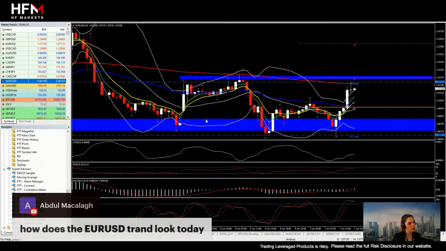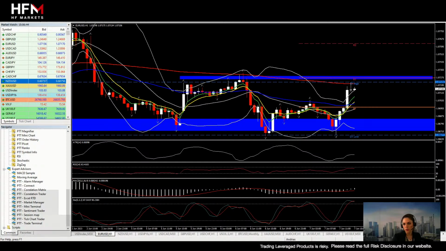Intraday also in a range, bouncing between 106.60 and 107.30 level. Latest rebound away from the floor of the day and up retesting the high of the week. But this looks like it's ready to run out of steam, so keep an eye on a potential pullback. Euro dollar, that was euro dollar.